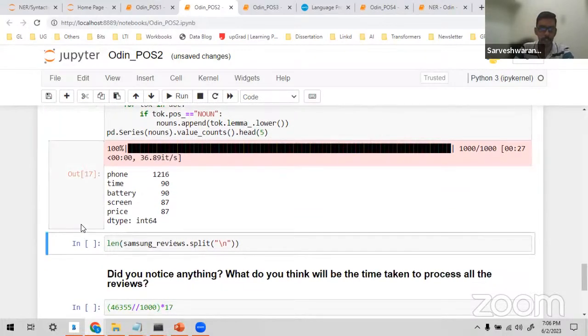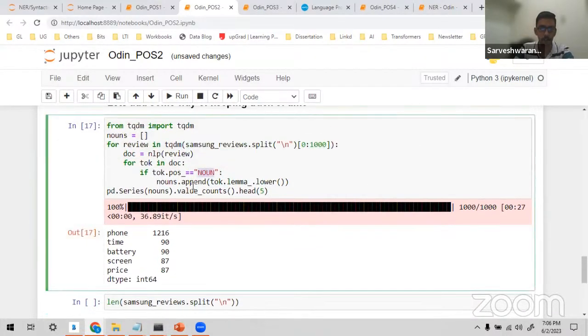Okay, so you can see, if the part of speech tag is noun, which are the words for the 1,000 sentences? The word phone is the highest used, then time, battery, screen, and price. This is what people are speaking about more in your feedback.